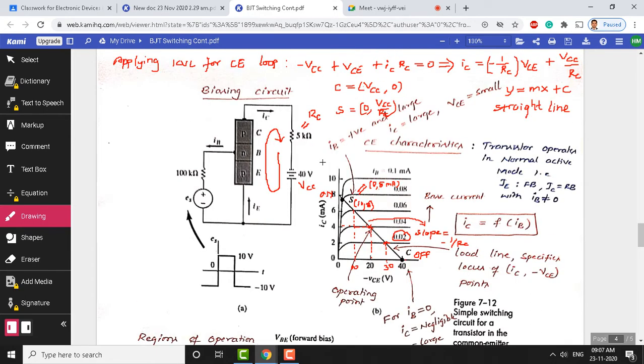Okay, so now in today's class we are interested to know at what speed we can switch on and switch off. This timing plays a very important role. That's how we categorize a device, which is going to offer very less time when we want to move from saturation to cutoff to saturation. In that, the BJT is a very good, efficient switch, because when we compare the BJT, bipolar junction transistor, with other transistors like the field effect transistor, the switching speed of the BJT is very good, excellent I can say. Compared to even the FET also, the FET switching speed is not so good as the BJT.